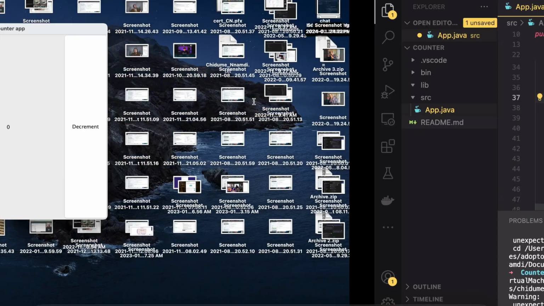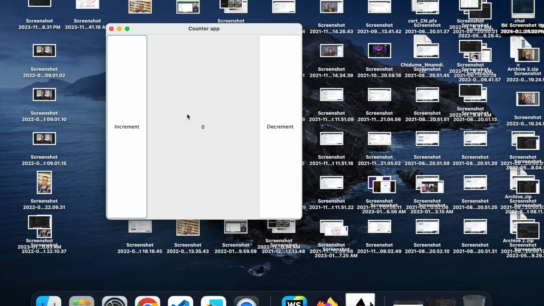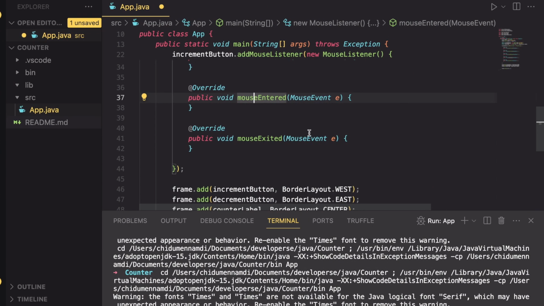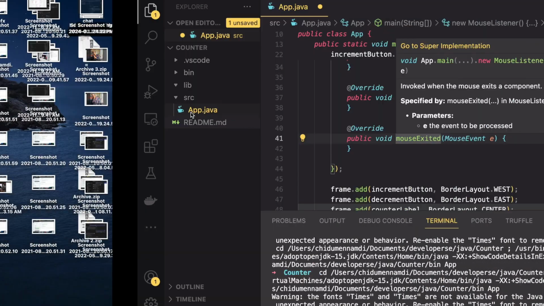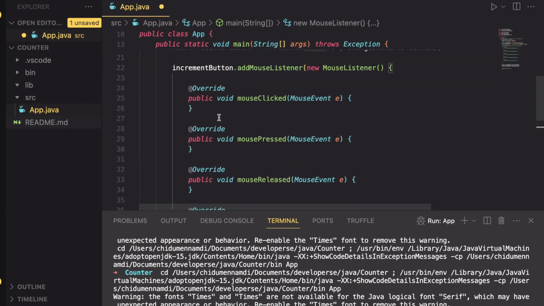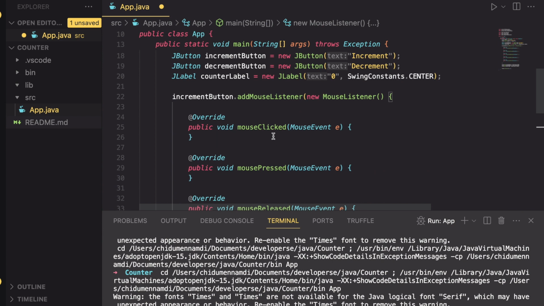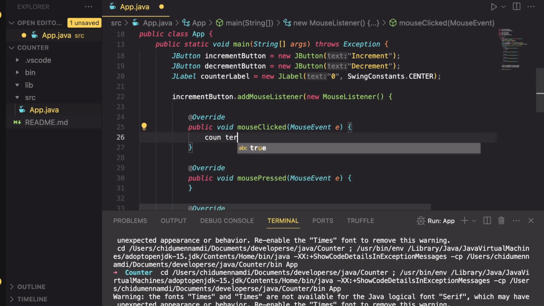Now mouse entered will be when our mouse enters the button or the component, but in this case our button. Mouse exited will be when our mouse exits from the button. So the only method we need here is the mouse clicked. So here we are going to increment our counter